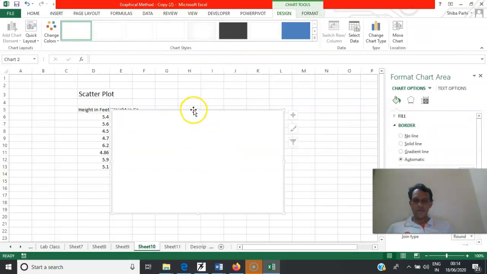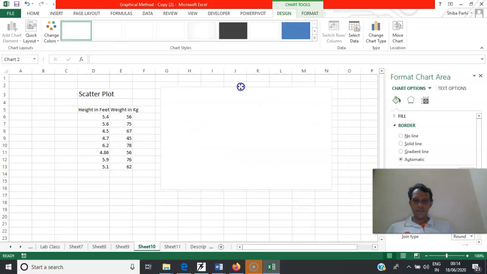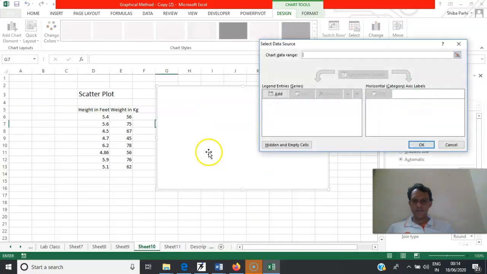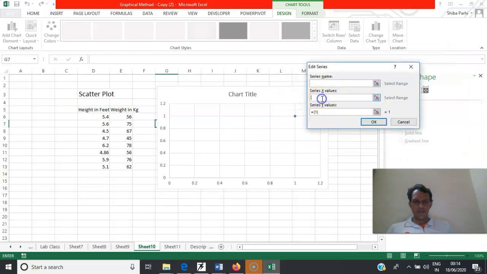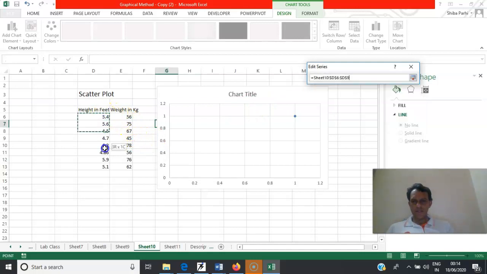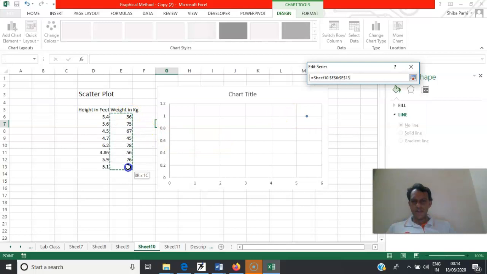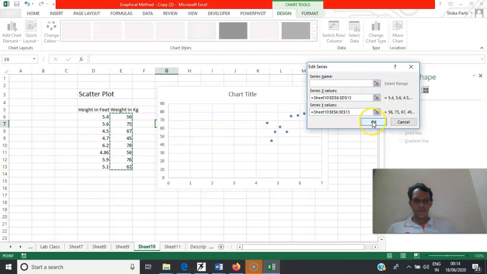So I'm inserting, and to do the scatter plot I am adding data. So we are selecting the data chart. I'm selecting the data. This is exactly the height on the basis of